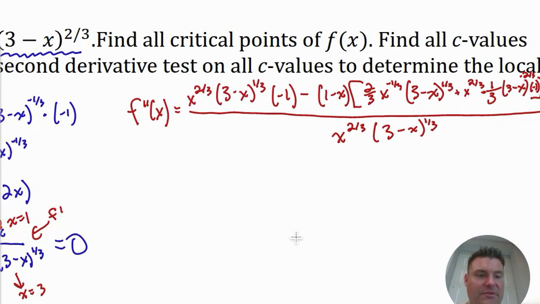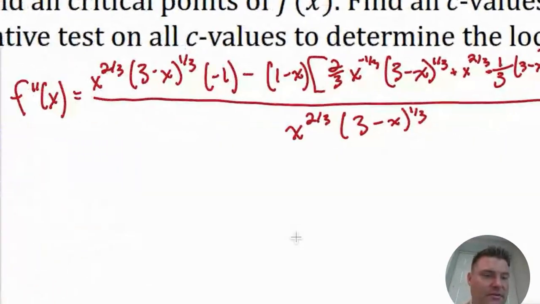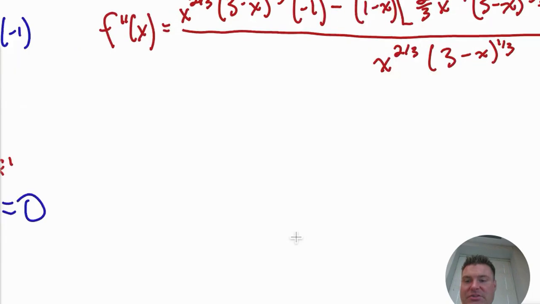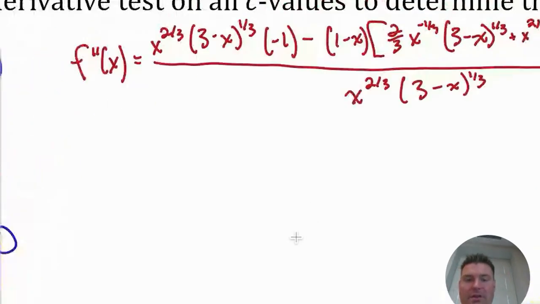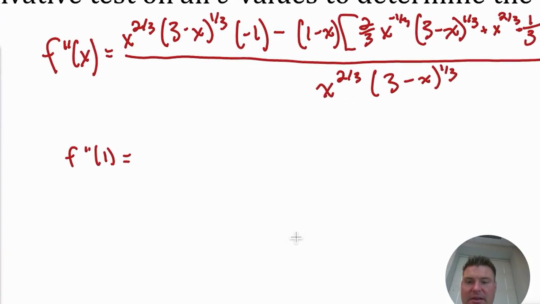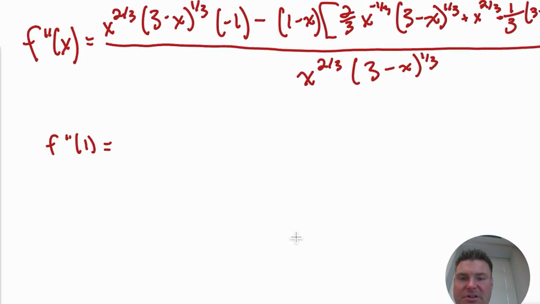Okay, so now, you can see the whole second derivative right there. I'm not going to simplify this. This is nasty. I do care about substituting in that 1, though. That's all I care about here. So f double prime of 1, and what's nice is it's 1. It's going to clean everything up a little bit here. For that first term, I'm going to get a 1. I have a -1, so I have -1 times, that's going to be 2 to the 1/3, so -2 to the 1/3,